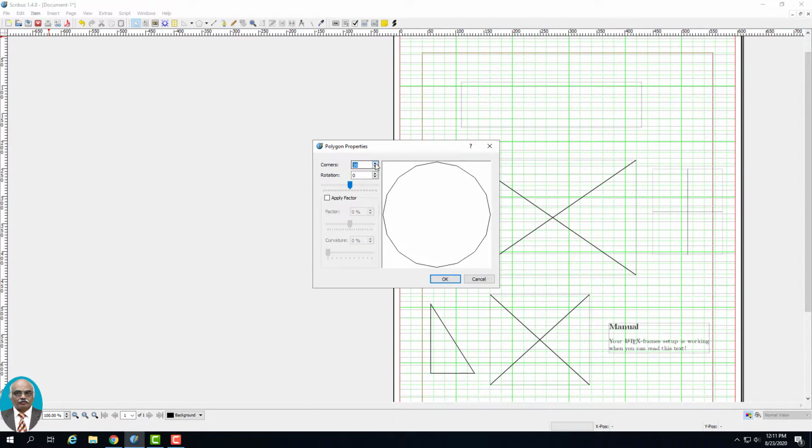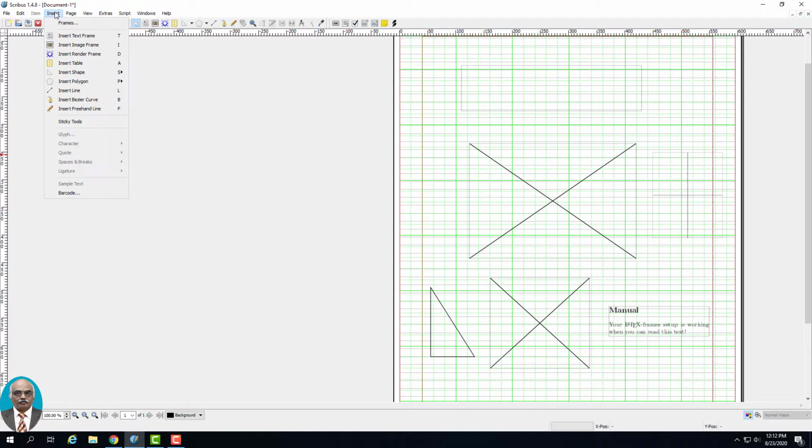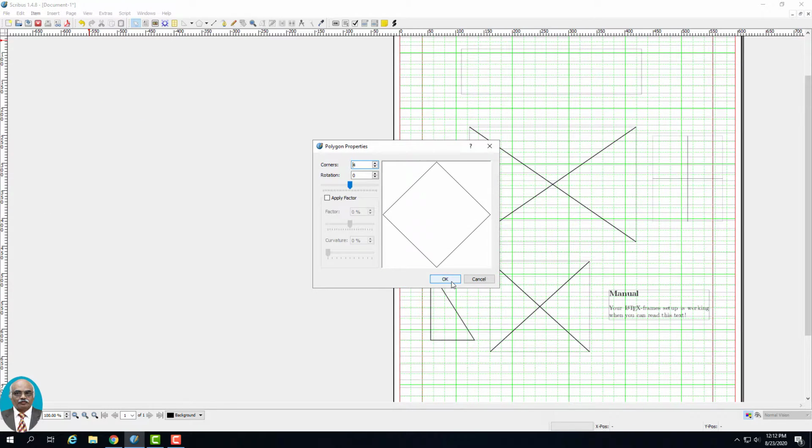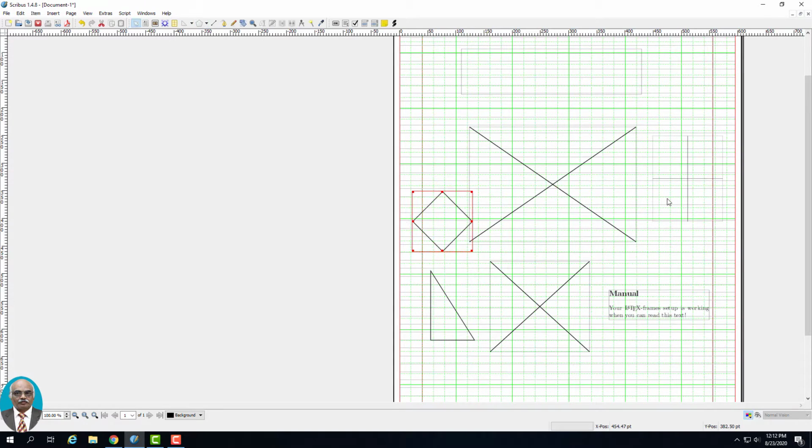See, ultimately a polygon with the increasing number of corners become a circle. And rotation, you can change the rotation and you can apply factor. See what happens. So these things help you to draw a customized polygon. For example, we will insert a polygon. So the polygon has been inserted, and now you can go ahead and insert